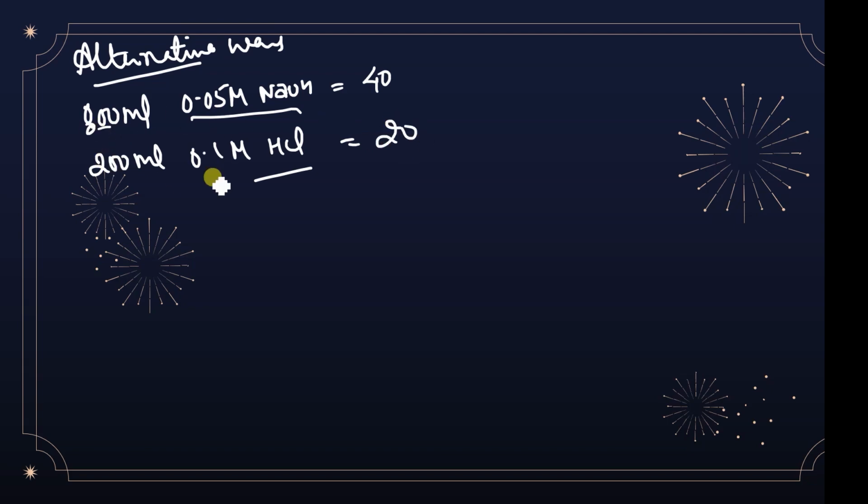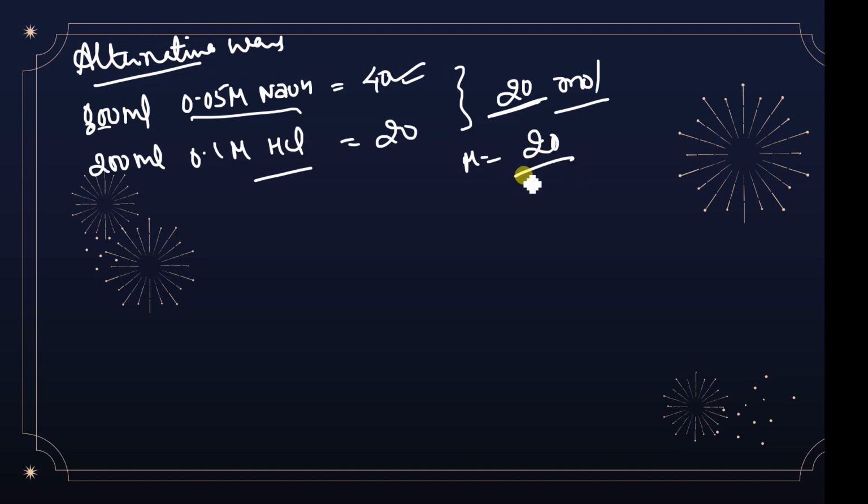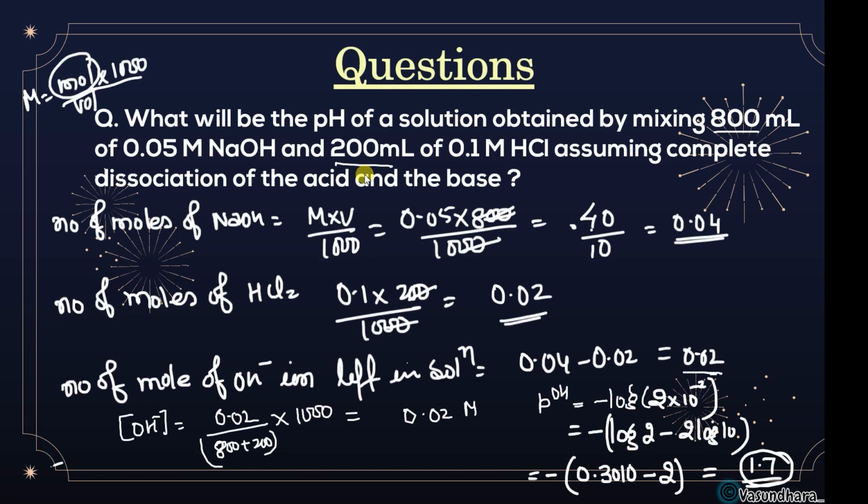You just solve M1 V1. Okay, so the base is more. That means the number of moles left is going to be 0.20. That is the number of moles. If you want the molarity, take the volume as 20 upon 1000. So you will get 0.002, that is, 2 into 10 to the power minus 3. And by this way also you can solve. So this is the easy calculation. If you are expert in that, you can do this mind calculation. Otherwise, the earlier way is the main way to do it.